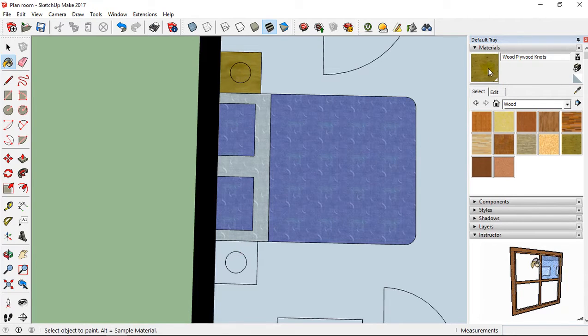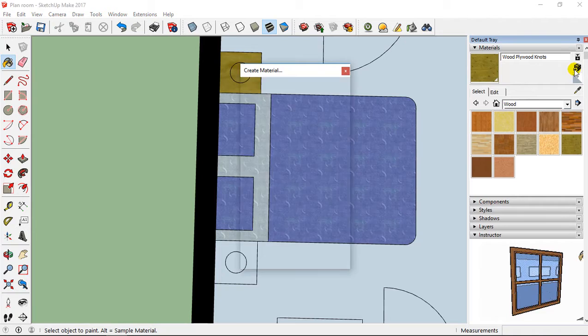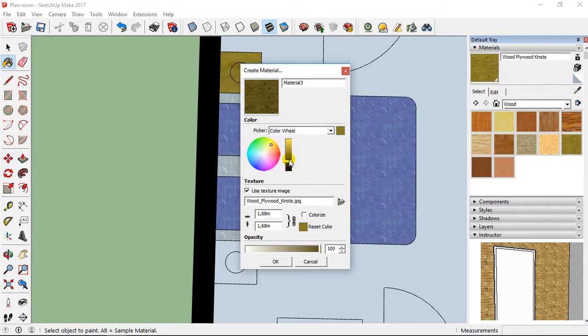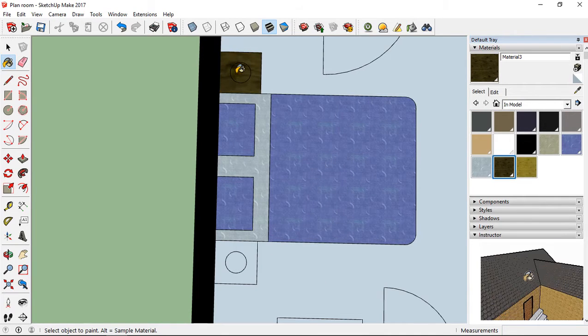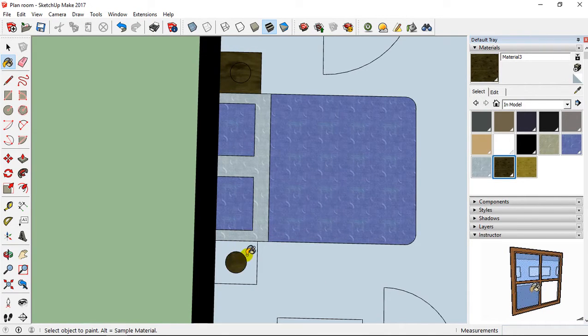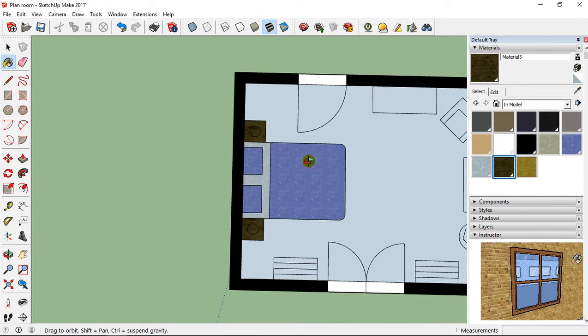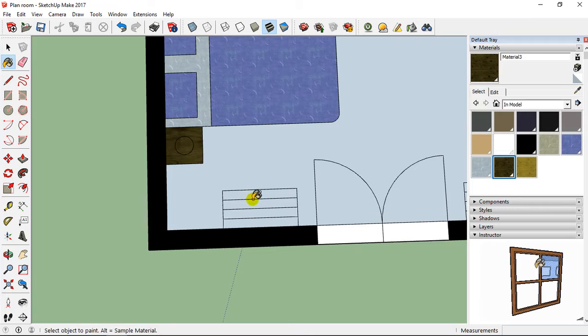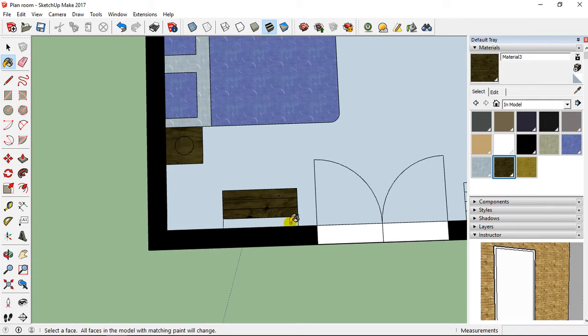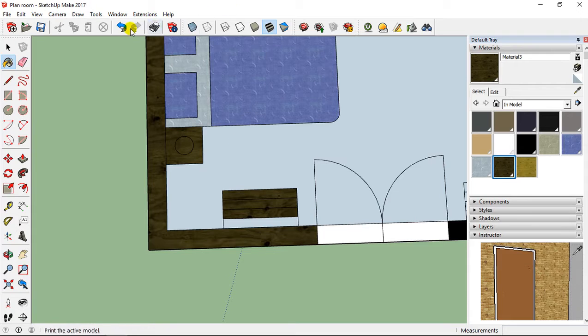If I want to have this in a darker color, I can go on the plus also, and on the color wheel I can edit a little to have something, for example, like that. And I can paint like this. Here I'm going to integrate the same color, for example, here also. No, not here.